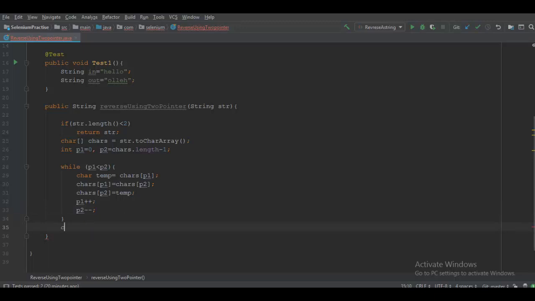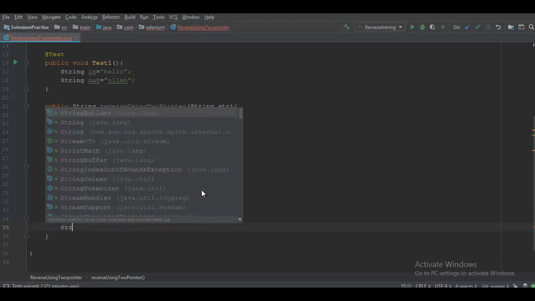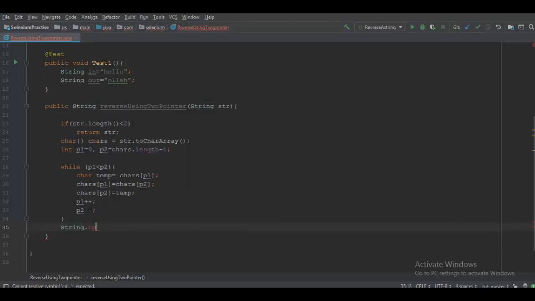So all we need to do is String.copyValueOf of chars. What I'm doing here is converting that array into a string and returning the string. copyValueOf copies the array's character values into a string, and that is our final string.